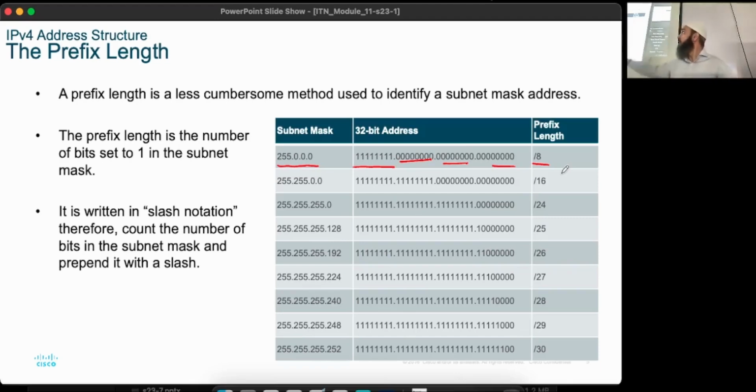You can also have 255.255.0.0, which is /16, and 255.255.255.0, which is /24. So the first 24 bits are ones, the others are 0. 1 means network, 0 means host. You can also have things which are not on the boundary of the dot. The first 8, first 16, first 24 are on the boundary of the dots. But you can also have things which are not on the boundary.